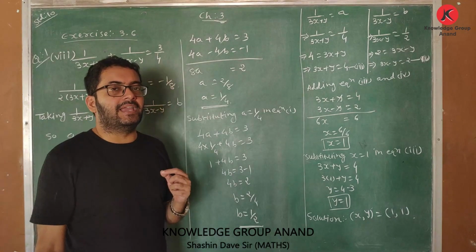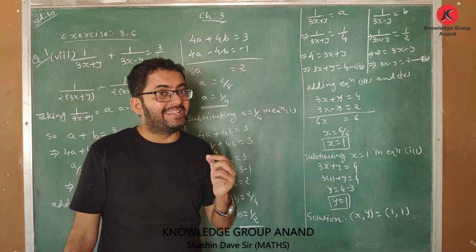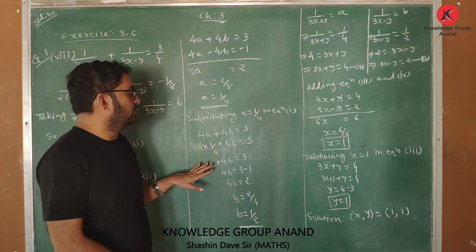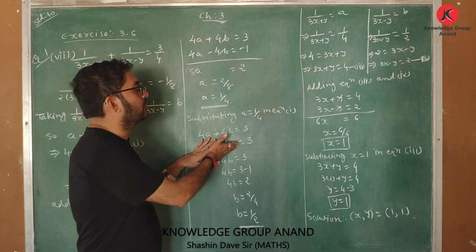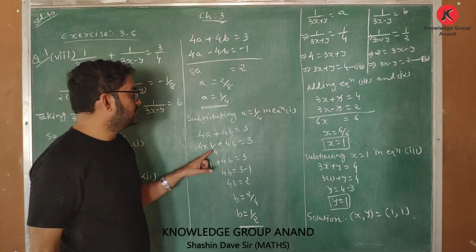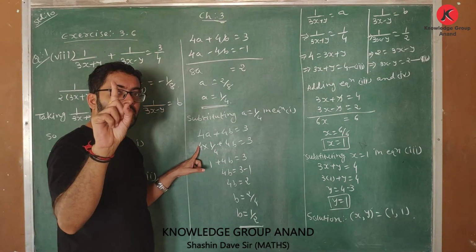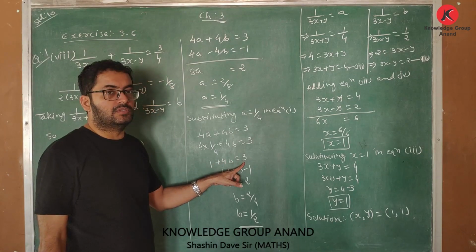Now dear students, again, the most common mistake students make at this step is that they cut this thing. This 4 is cut, so they think that there is nothing left over here. They directly write that 4b is equal to 3. Therefore, b is equal to 3 upon 4. No. When these two terms get cut, 1 is remaining over here. So I will write 1 plus 4b is equal to 3.